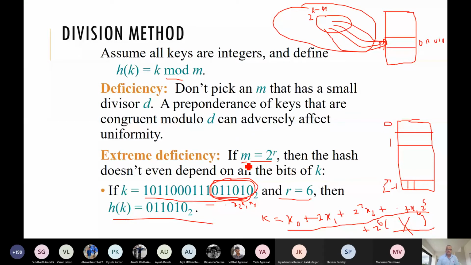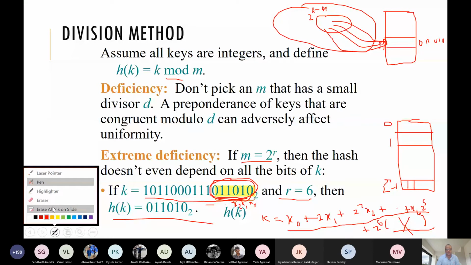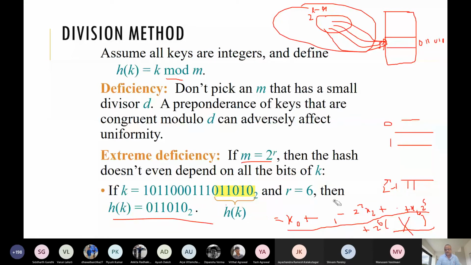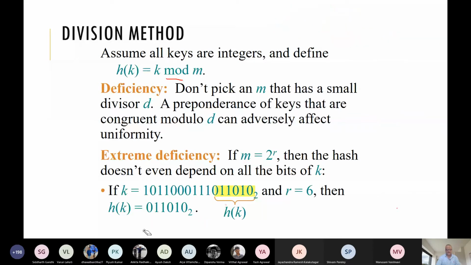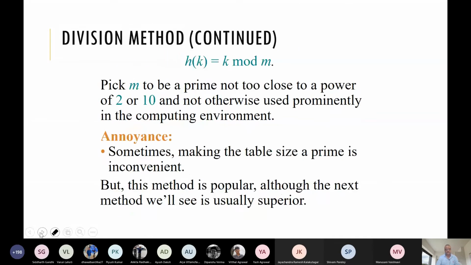So for that, if we are very much a fan of using the division method, we need to choose this M, to be a prime number which is not close to some 2 to the power R, if you are dealing with the binary system. It could be decimal system also. Yeah, so we choose M to be a prime number in order to get better hashing, that means uniform hashing, which is not close to a power of 2, or a power of 10 if we are doing the decimal system.